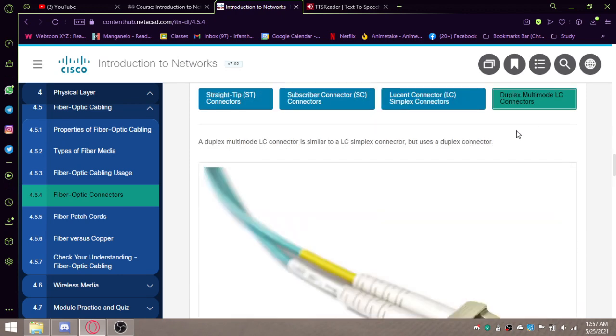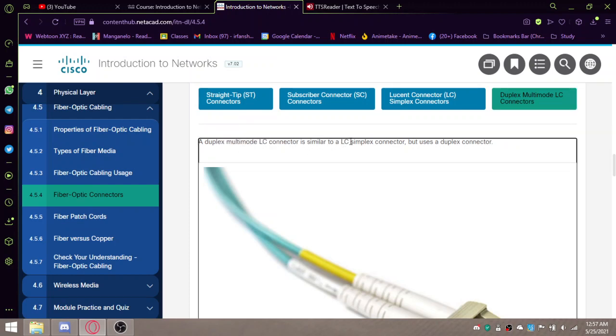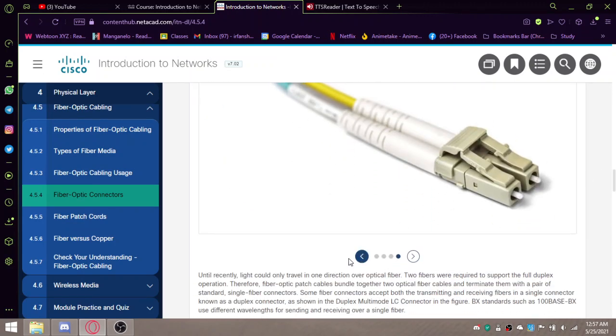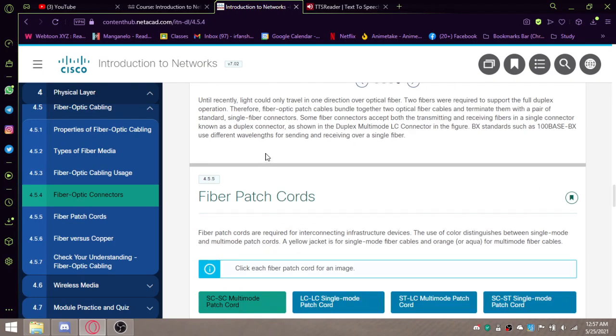Kita ada lagi tu duplex multi-mode LC. Nanti sama juga dengan ni LC, tapi used for duplex connections. Duplex patah balik. Nampak ada dua. Okay, until recently, light could only travel in one direction over optical fiber. Two fibers were required to support the full duplex operation. Therefore,